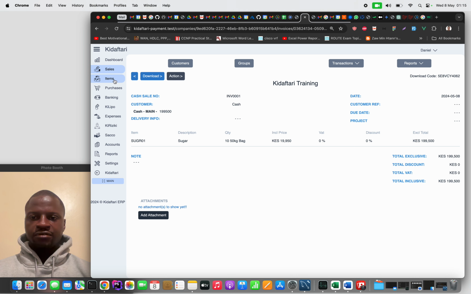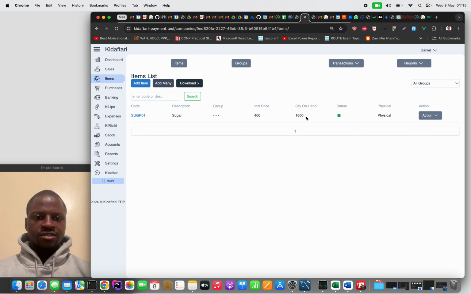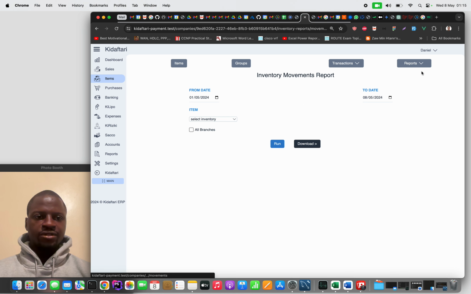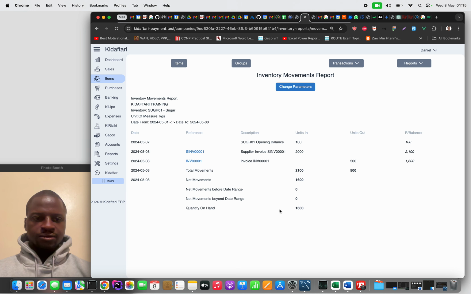And let's see the effect on the stock. So now the system says we should have 1,600 kgs remaining. So this can be explained under reports where you have movement. So since the month began till today, if you drop down and choose sugar and run that, you'll see that we started with 100 kgs of sugar. We bought 2,000 kgs, which is 2 tons as stated in the supply invoice, and we have sold 10 50 kg bags of sugar, which comes to 500 kgs, and that's why we have 1,600